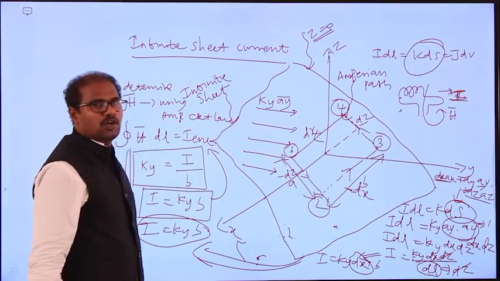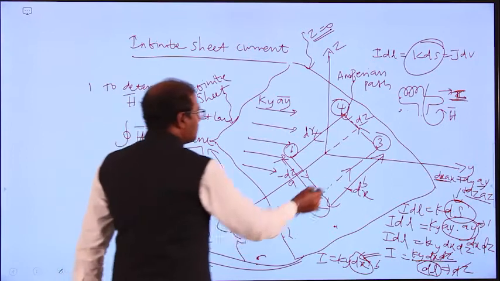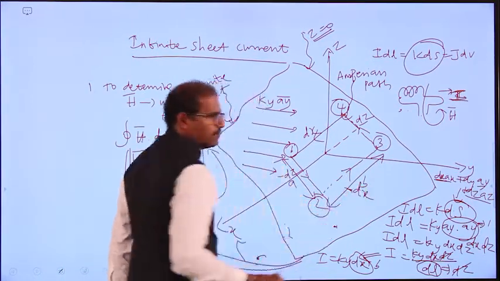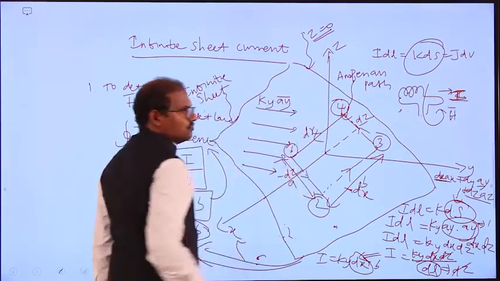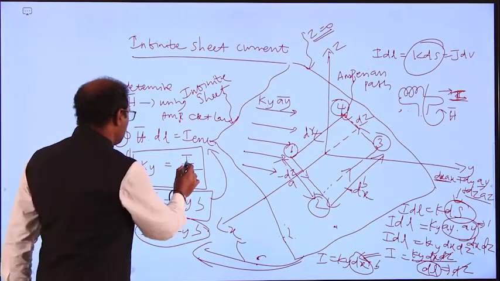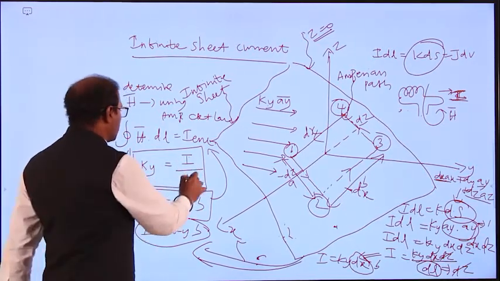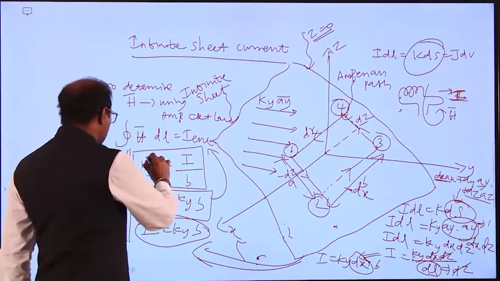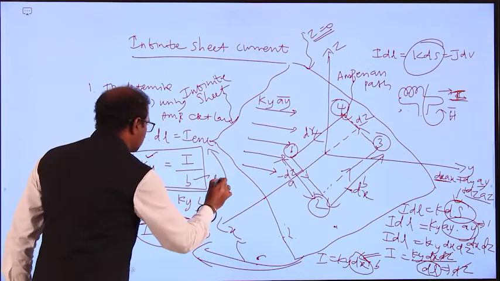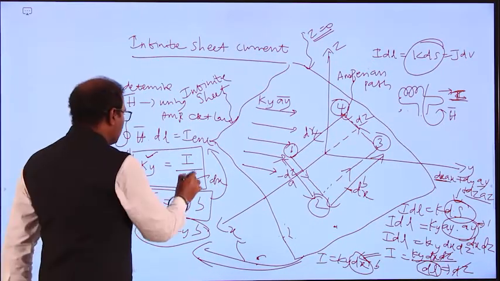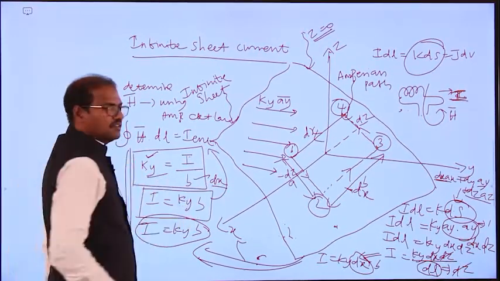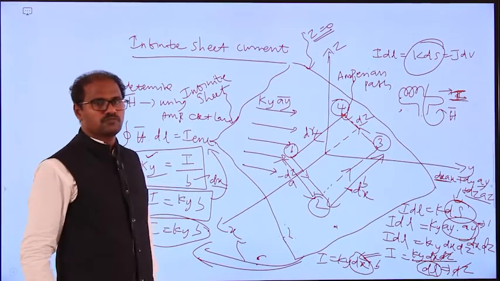That current will be perpendicular to the b, because y is there, and b means the x direction will be coming. The z direction will be 0 because the z direction is constant here. So ultimately I divided by b. This will be perpendicular to the b. So the x direction will be there, the y direction will be there. b means the x direction, dx. So the current is moving perpendicular to the b direction, not the z direction. So x and y directions will be there, and z equals zero.